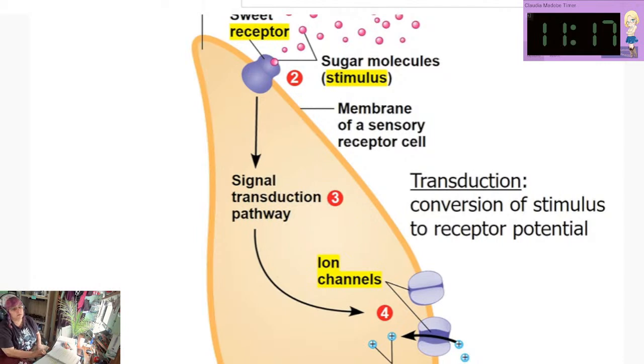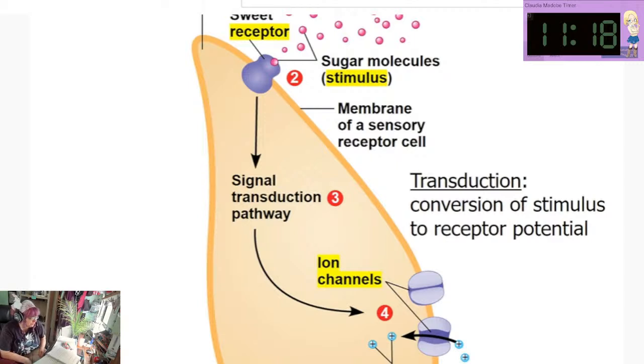In all animals, sensory receptors cause ion channels to open or close. This results in a flow of ions across the membrane, which we know alters the membrane potential. Remember that membrane potential is the electrical charge difference across the plasma membrane, and it changes in response to sodium ion influx or potassium ion efflux or things like that. So the reception of a stimulus, of a ligand, whatever it might be, leads to the next step, which is